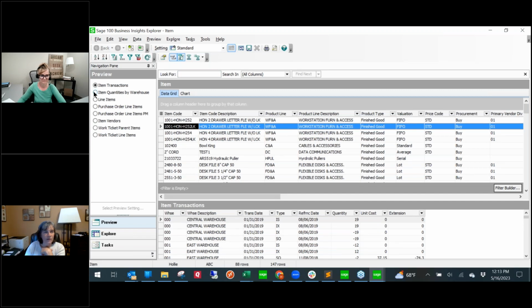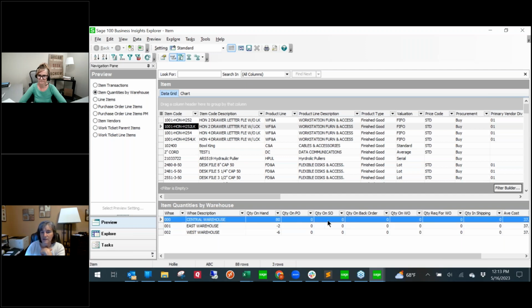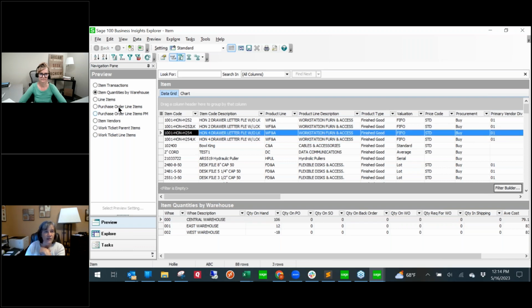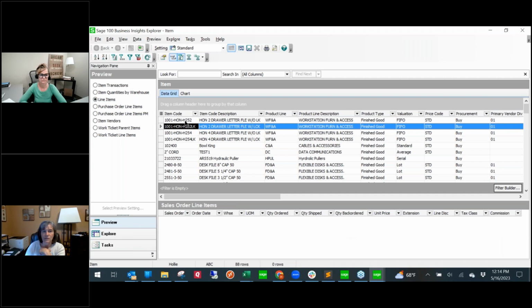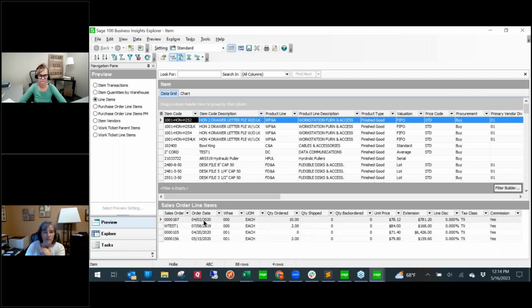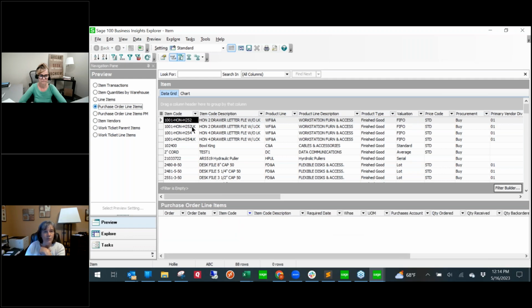The items quantity by warehouse is nice. When you have multiple warehouses, you can see all of your on-hand values on PO, on sales order, just like you can on a maintenance screen, but you can just flip between them much faster. Line items, oh, that's if it's on sales order, it'll show you the sales order it's on. Here we go. This one has some sales orders, the sales order number, purchase order line items, if it's on purchase order,